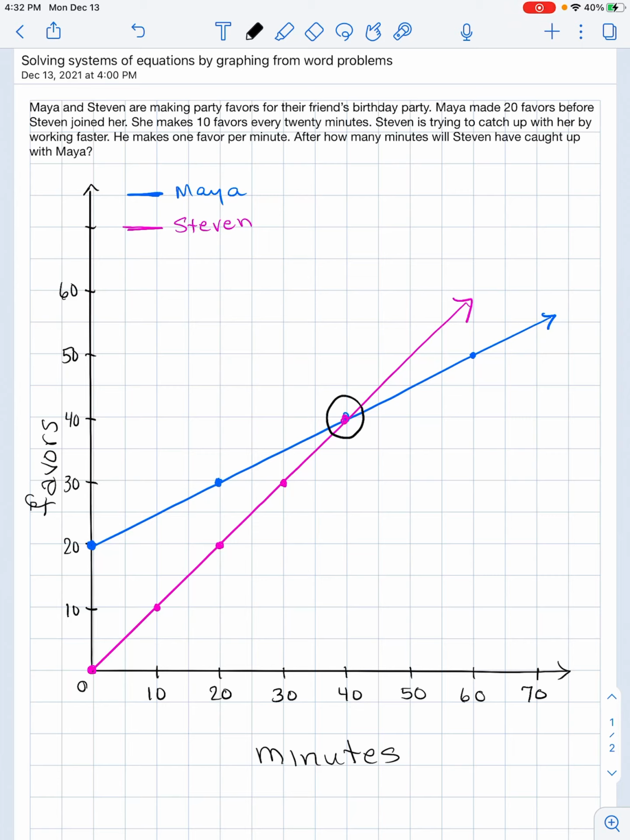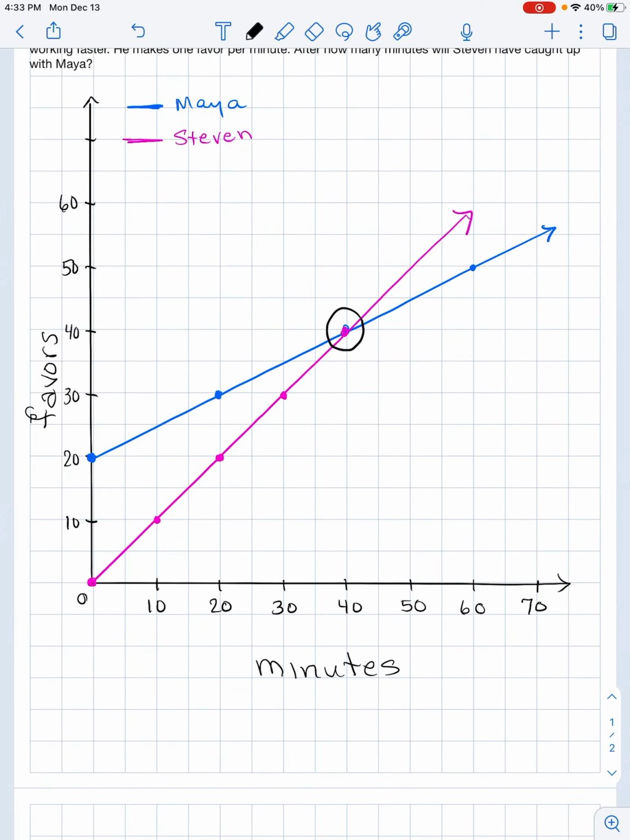What is the solution? Well, what's the question? We have to go back and look at the question. After how many minutes will Steven have caught up with Maya? Well, let's look. He will catch up after 40 minutes. Okay, and after 40 minutes, they will have both made,